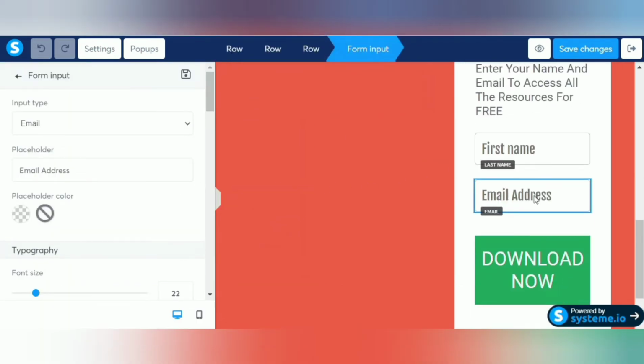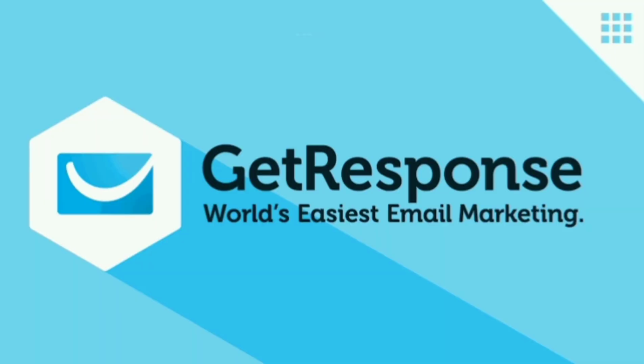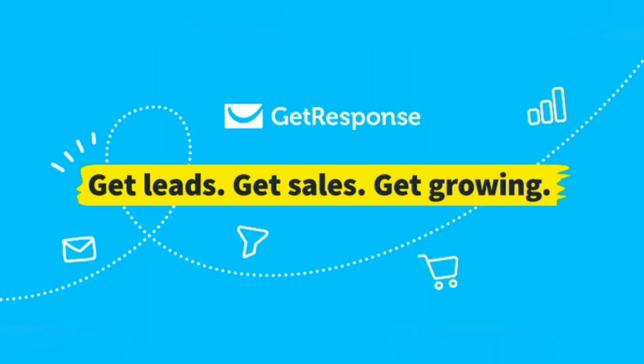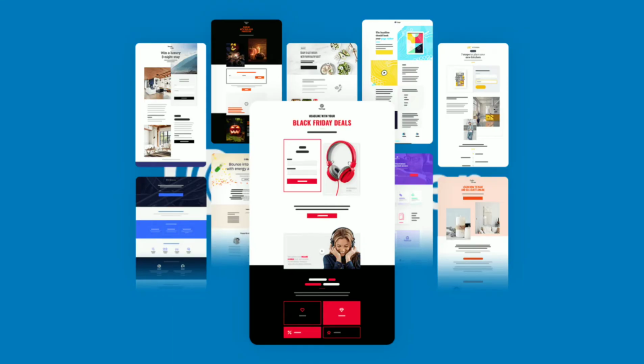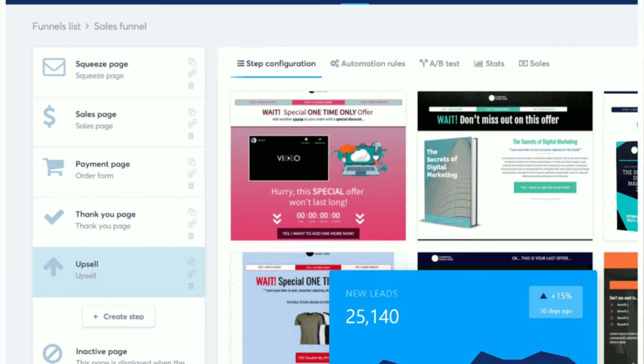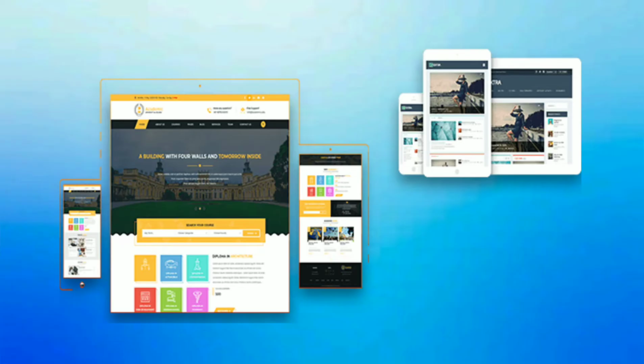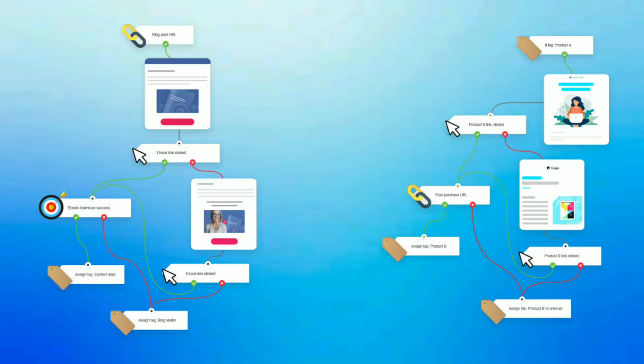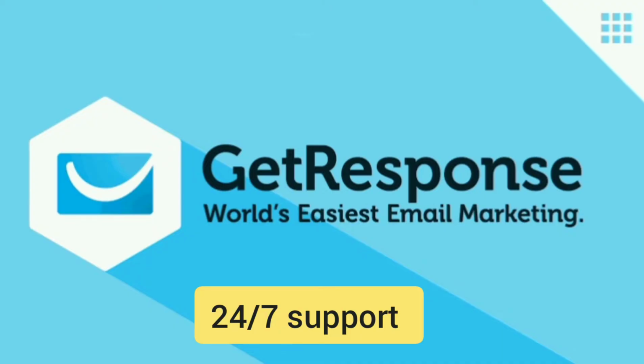Now let's come to the second tool, which is known as GetResponse. GetResponse is another all-in-one marketing tool that you can use to create your landing pages. GetResponse can rapidly grow your audience and your conversion rate using automated and personalized email campaigns. It has amazing features like marketing automation, landing page builders, free email and landing page templates, autoresponders and personalized drip marketing sequences. Even if you are a beginner, you will get a 24/7 support system that will help you to master